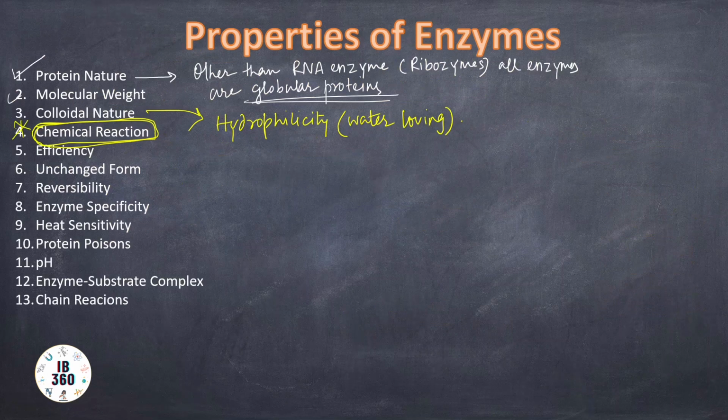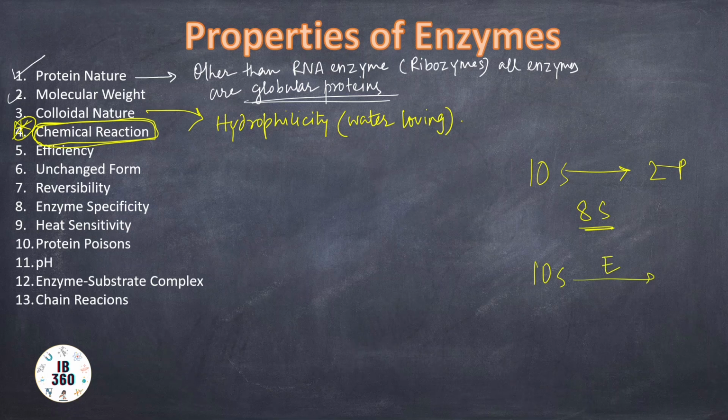Number of substrate molecules changed per minute by a molecular enzyme is called turnover number. And the higher the turnover number, the more efficient an enzyme is. Or in simple words, the more product you get out of a substrate, the more efficient the enzyme is. Suppose you have 10 substrate, and out of that you get 2 products, and 8 substrate is wasted. But if you have 10 substrate and in presence of a very efficient enzyme, you get 8 product and 2 substrate is wasted.